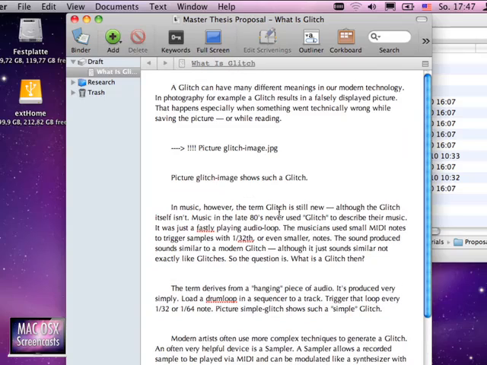Now first thing you want to notice is this awkward thing here saying that I have this picture glitch image.jpg, which I probably should include here. This is just a little reminder for me that I don't forget that we actually want to include this picture into the document. But first of all, we need to do one real important thing,